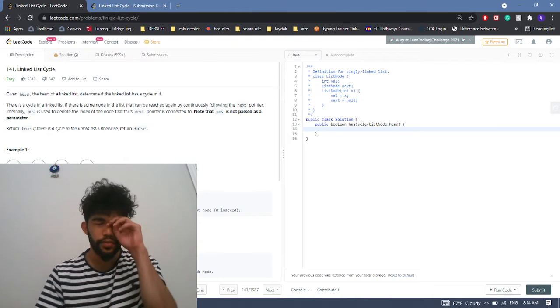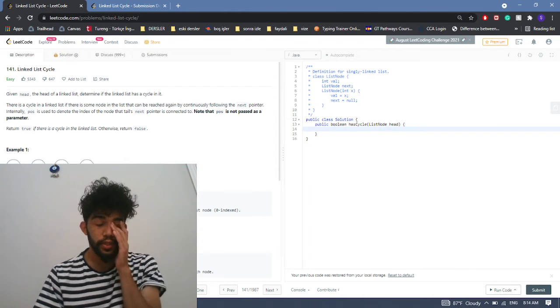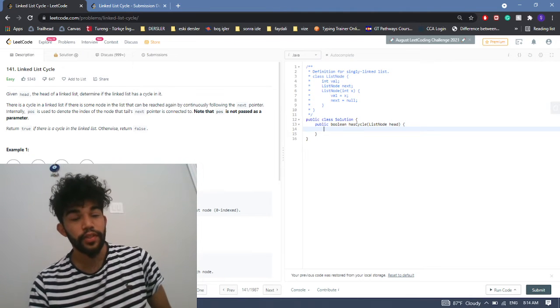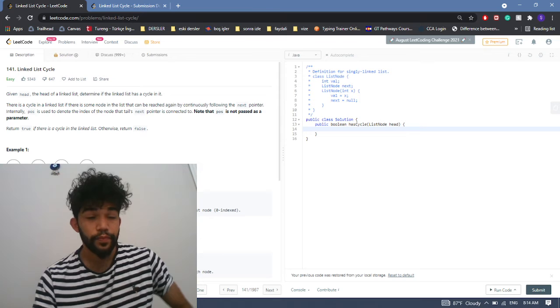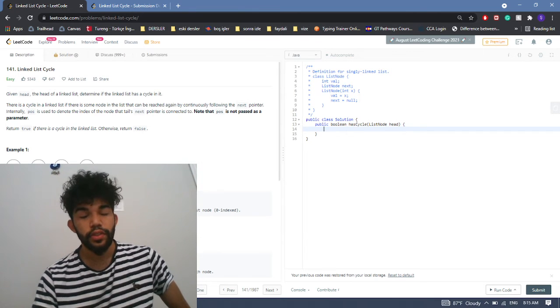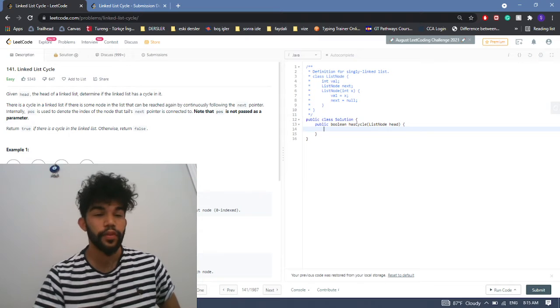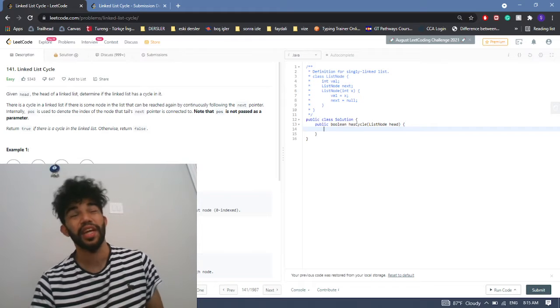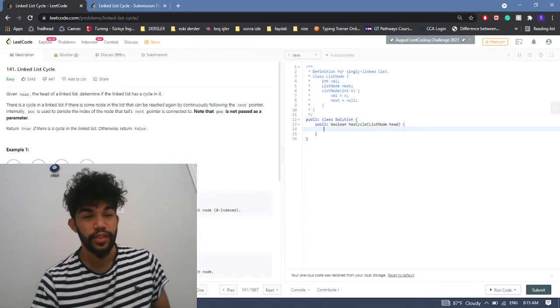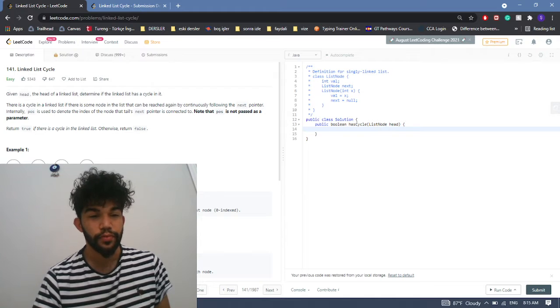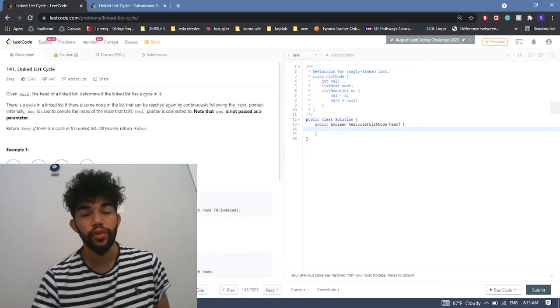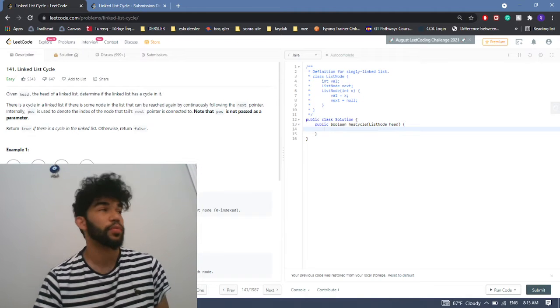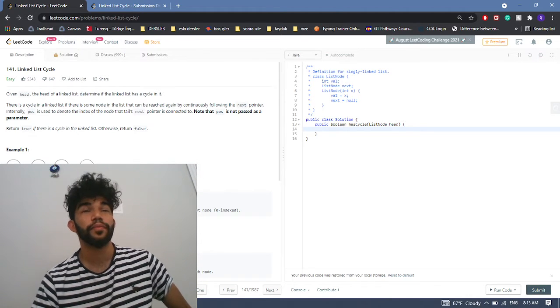But the one that is very common is actually using visited. For example, if you visit this node, you put a sign that shows that this is visited. The best way you can do it is adding space, which adds space complexity, by creating a hash set. You start from one of the nodes, and whenever you visit a node, you put this node into a hash set, and then when you come to the next point,